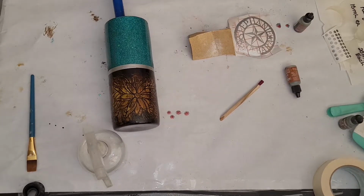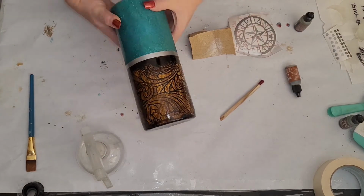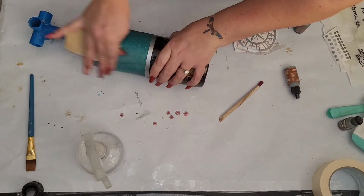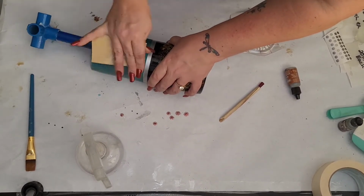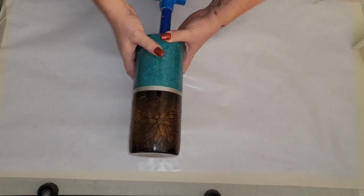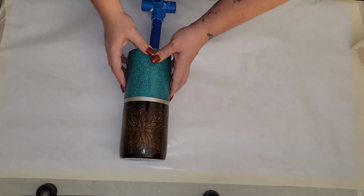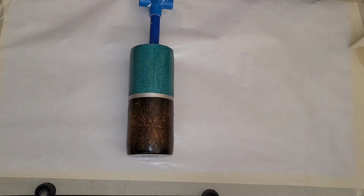Alright, so we got the clear coat on, and we got a little bit more sanding to do, so we're going to sand this. Where we left off, as you can see, very cute Western style tumbler. Now what we're going to do is set this down like that. We are going to grab